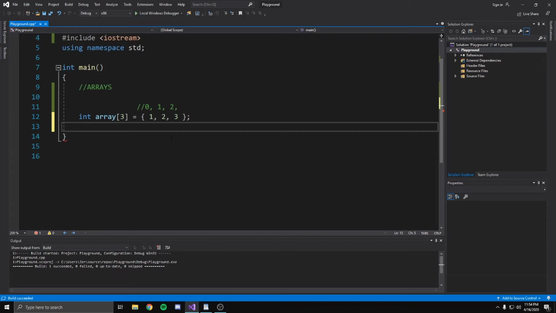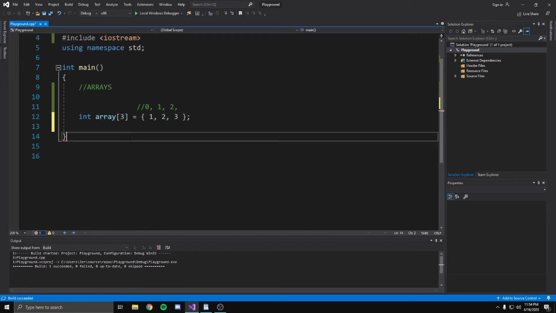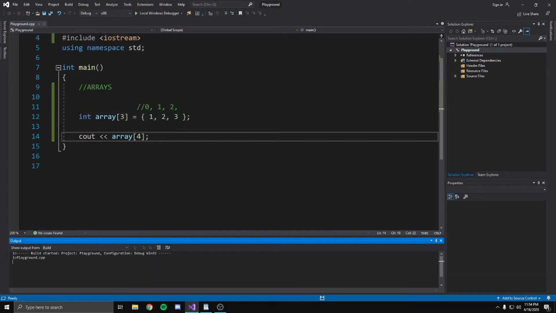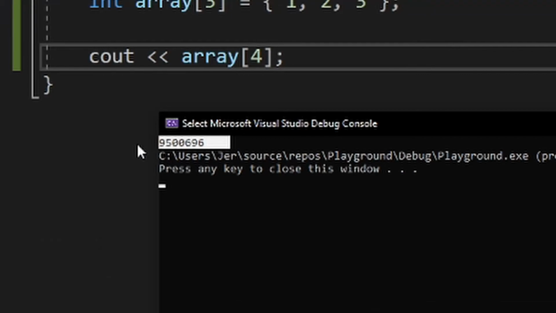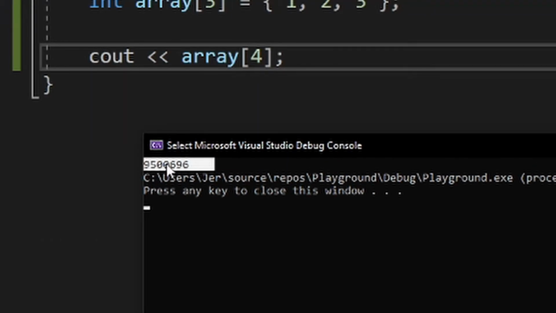So if I have an array of size 3, which is what I have here, but say I access it at an index that's bigger than its actual size, so maybe 4, this is going to give me an out of bounds error. If I try to run this, you'll see that I have this random janky number here, 9500696. That's actually just a memory address,